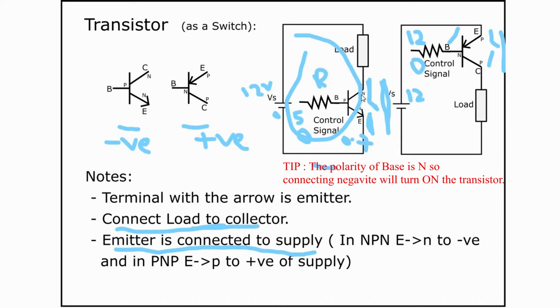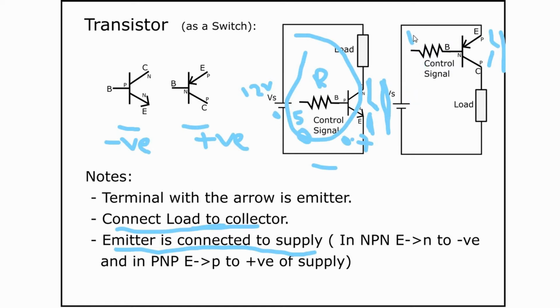I told you that in most embedded system applications, we generally use an NPN transistor and not a PNP transistor. Let me show why. In an embedded system, this base signal is going to come from a microcontroller or a digital IC, so the voltage will be 0, or 3.3, or 5 volts. Let's take the case of 0 volts. When the base voltage is 0, the emitter is at 12 volts from the supply, this emitter-base junction gets forward biased and the transistor will turn on.